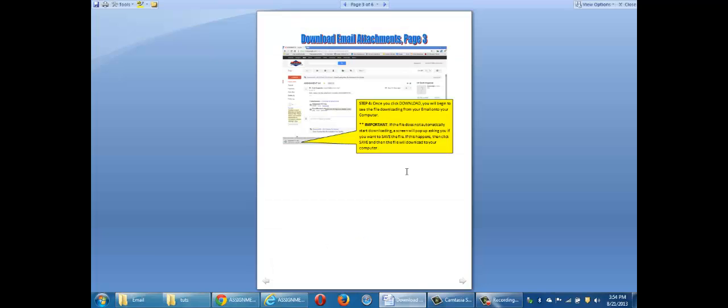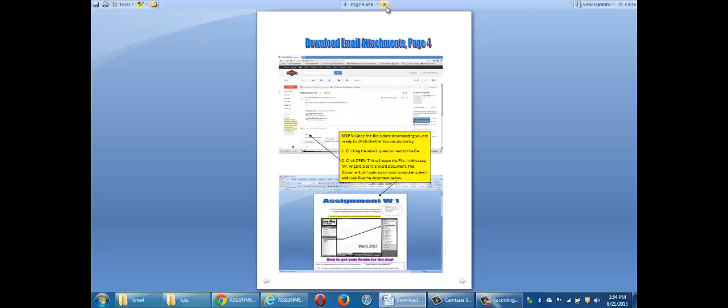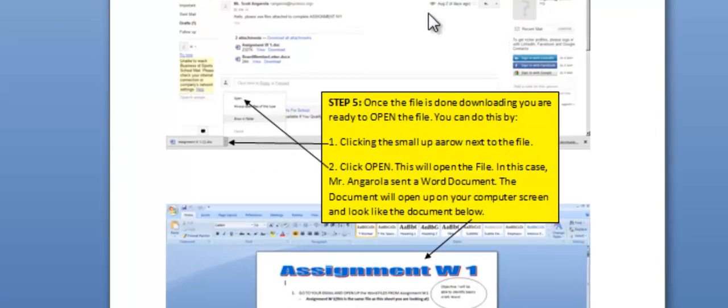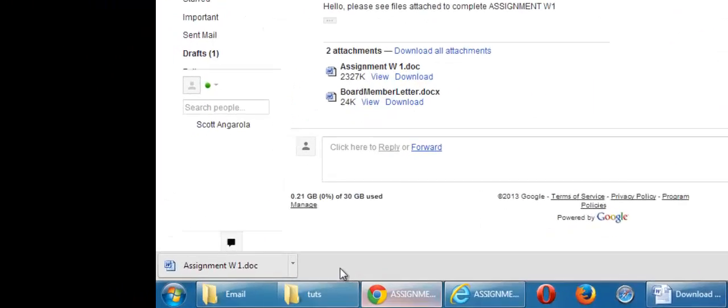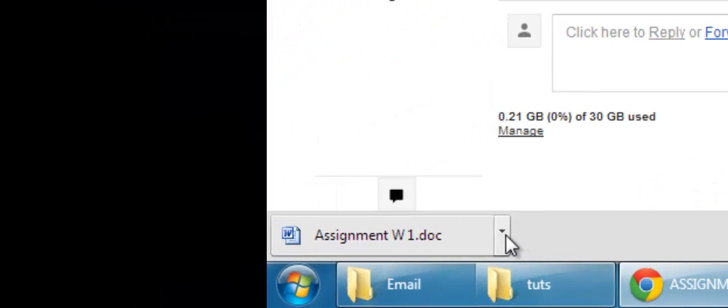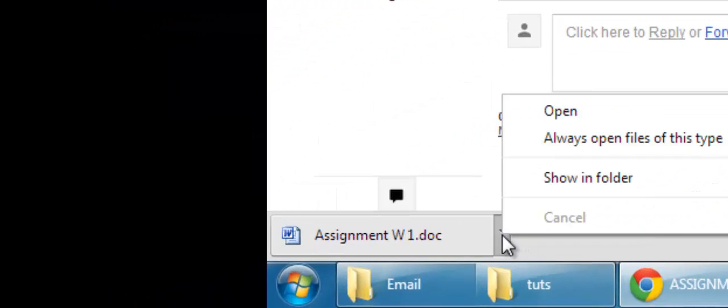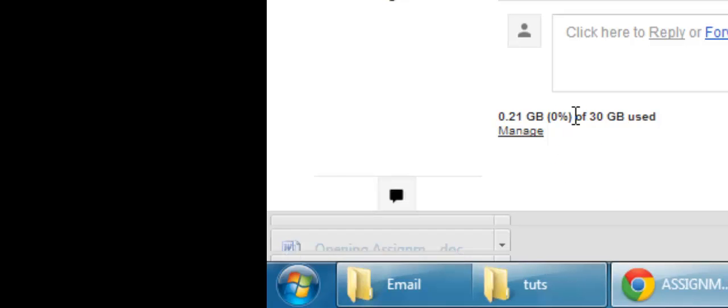Okay, so let's go back to the worksheet. So that was step 4, was to click download. And now we're going to go to step 5, is once it's done, now that you have the actual file, you're going to actually open the file. So the way you do that is go back to your email, and there's a little arrow right next to the document that you click on, and it gives you the option to open the file. So you go ahead and click open,